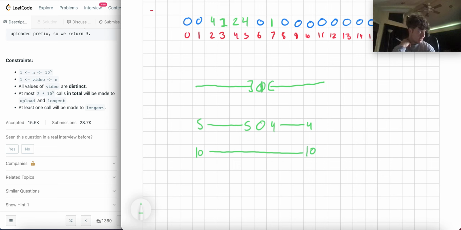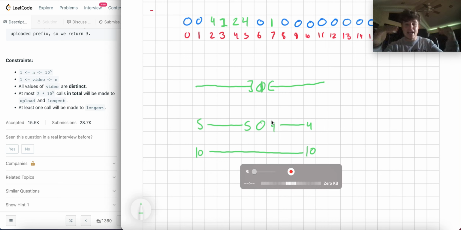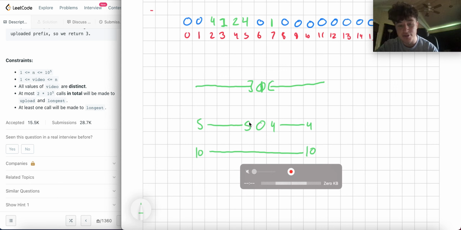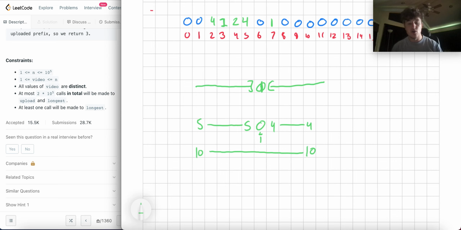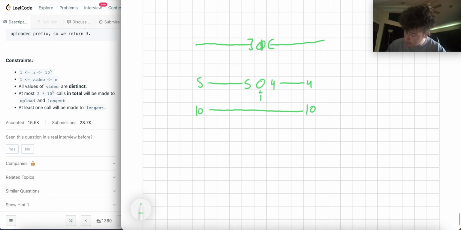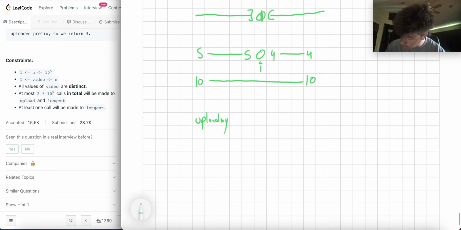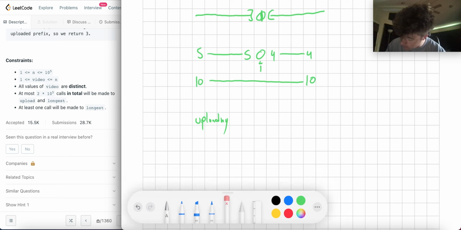That's the general idea behind this problem: when I connect these, I get 5 on the left, 4 on my right, and then I become a 1, so I add 1. So I get the 5 on the left, I get myself when I convert me to a 1, and then I get the 4 on the right. Then, in order to represent this using the edges, what do I need to set? If I'm uploading, let's say uploading.